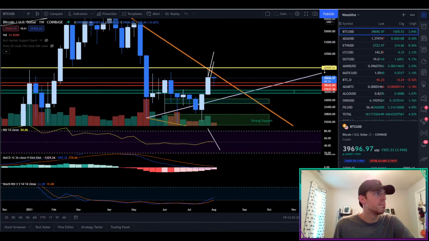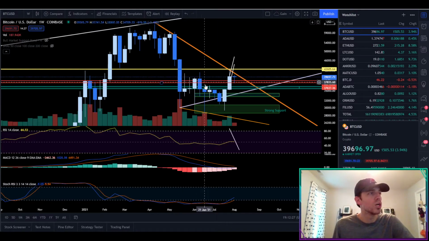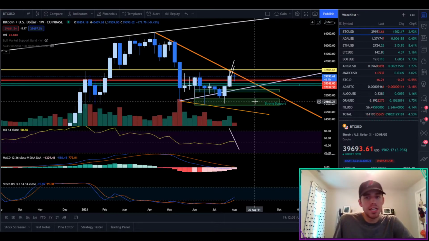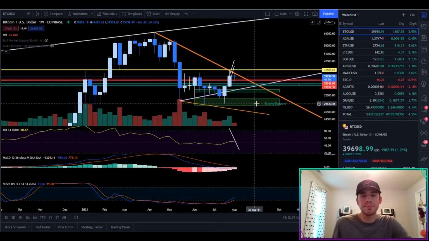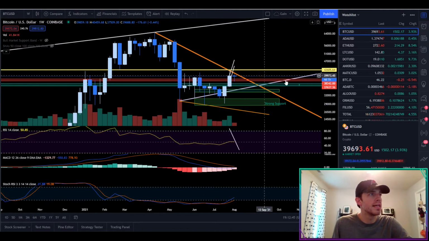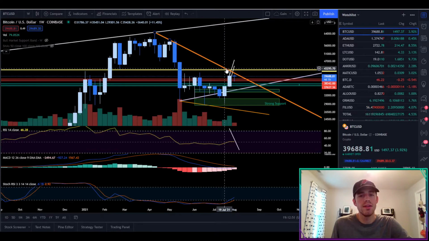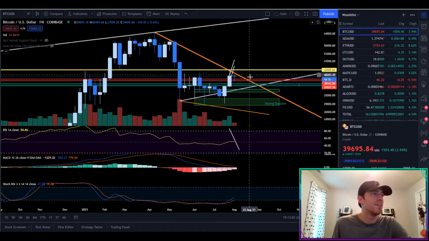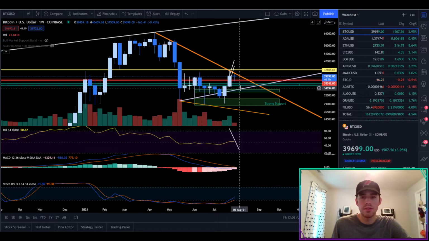It's becoming more and more dim, the theory that we're going to be hitting areas in the 25,000, 20,000 range. That theory is becoming more and more discredited with each passing day. Now, if this weekly candle starts to drop back down, then the theory is back on. But ultimately, if this candle can create a new high, it can become a green candle or a positive candle, and if it breaks this 42,605,